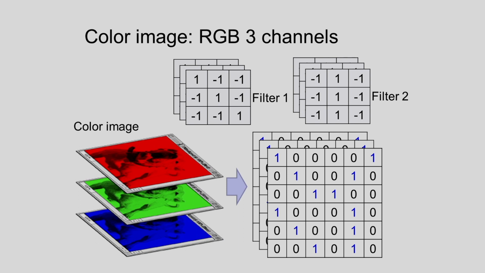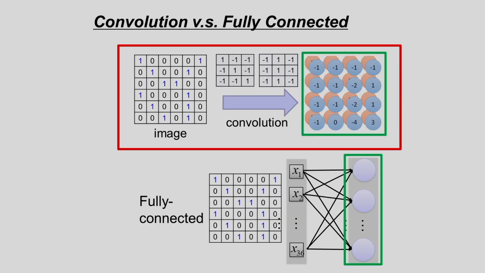So we have to do the convolution between the R channel and the filter, the convolution between the G channel and the filter, and the convolution between the blue channel and the filter. We can do the convolution like this, and we will be getting the feature map. And in this case you can see the difference between the convolution and the fully connected network, because in the fully connected network available in the artificial neural network, the number of parameters is too high. So by the process of convolution we can reduce the number of parameters.